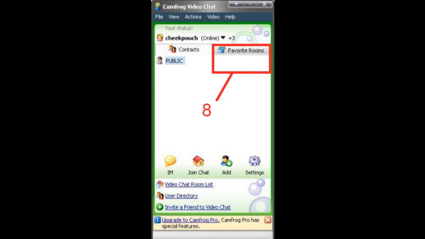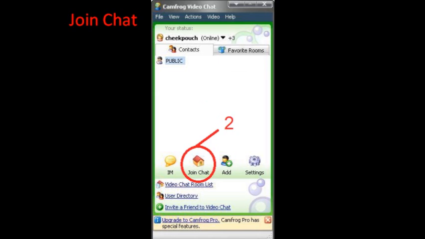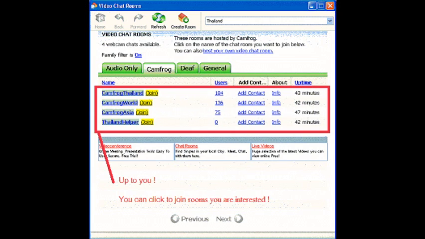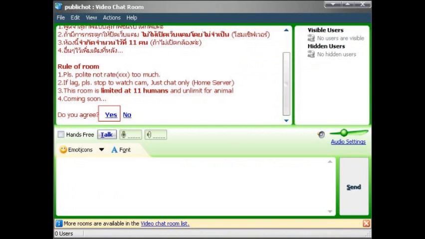Okay, and next step, when you click the join button chat, you can see the room list. Up to you, you can click to join room you are interested. When you click, you can see yes button.